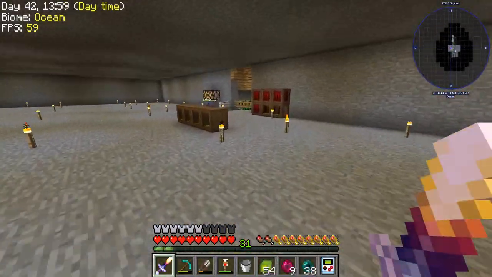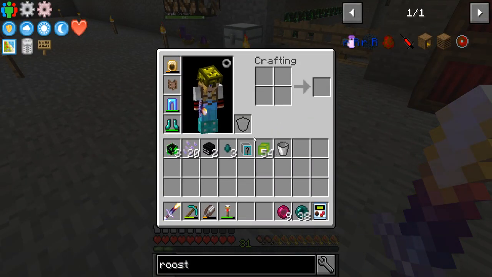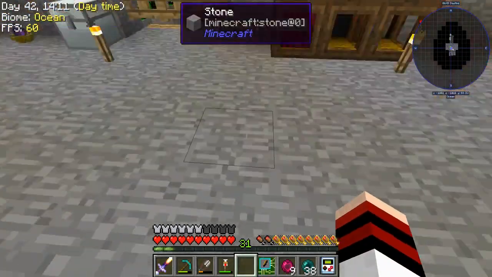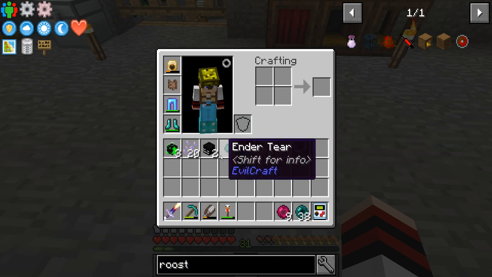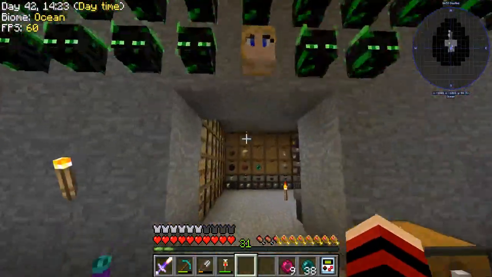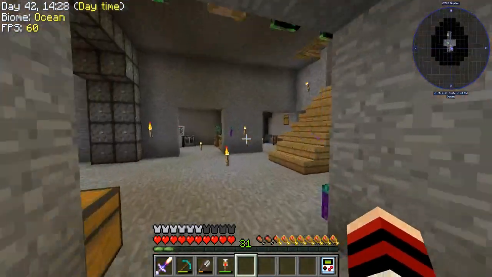Anyway, back to what we were doing. We are dealing with chickens. Oh, I have a dimlet! That's the first dimlet I've gotten. We have a dimlet feature type controller. Alright. So, we need to...